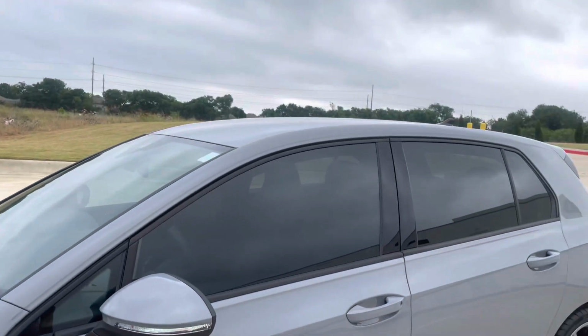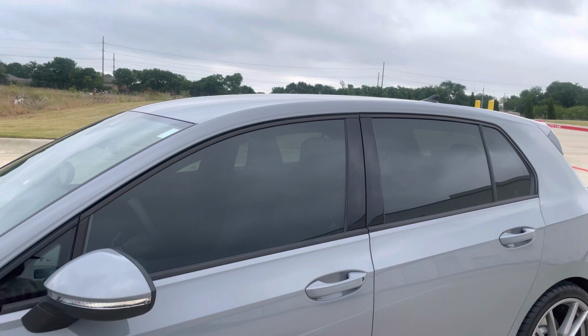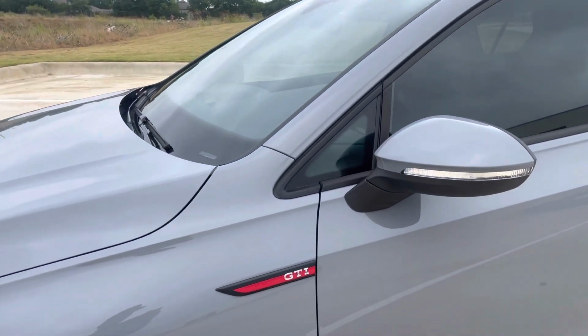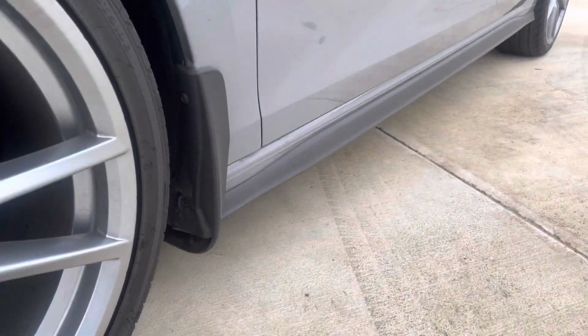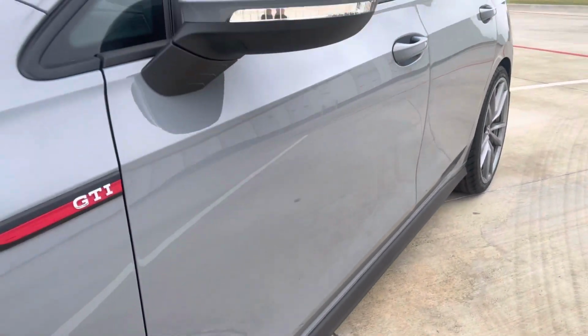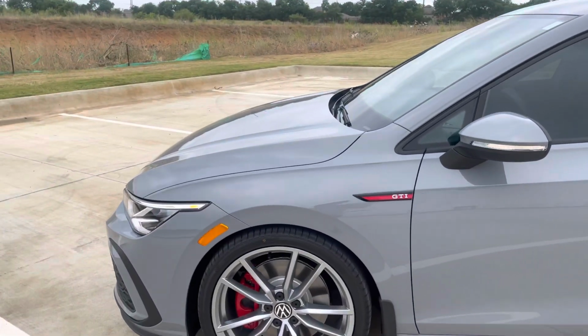Yeah, it's got a tint on it as well. I don't know what the percentage is. It came from the dealership like that, but they also installed some splash guards, which help quite a bit. They help mitigate some of it, but I also have